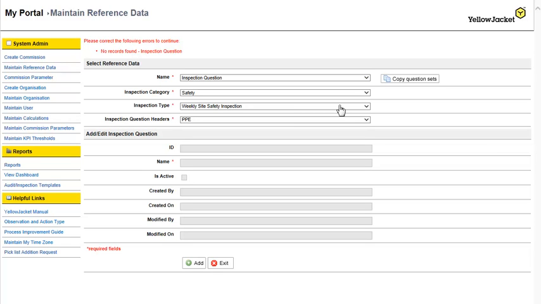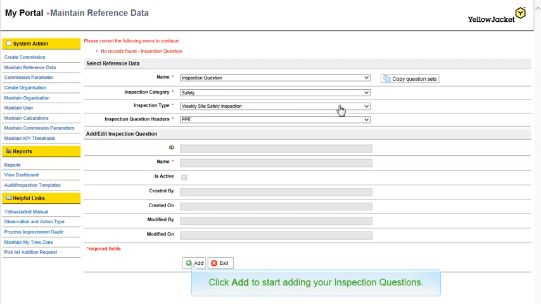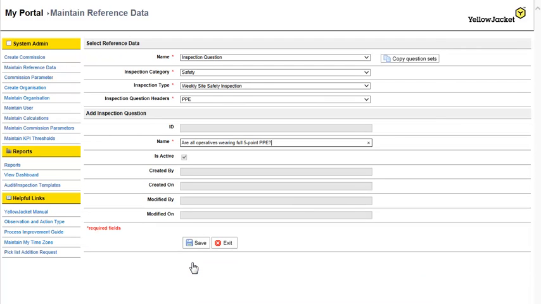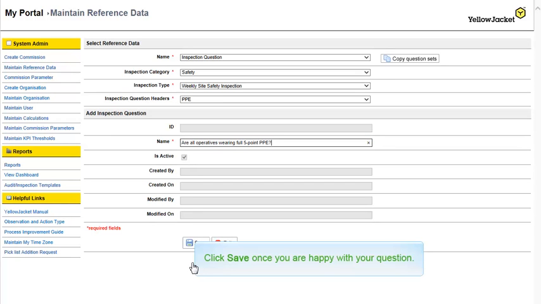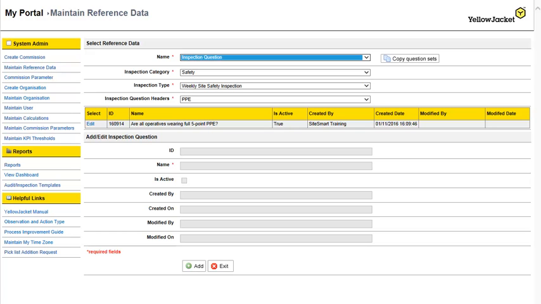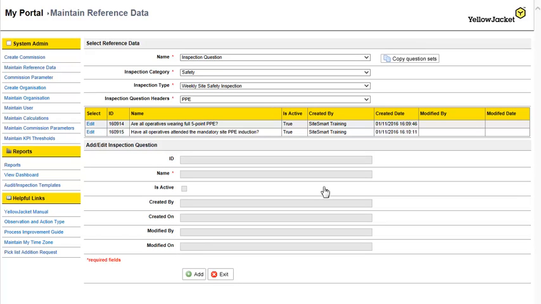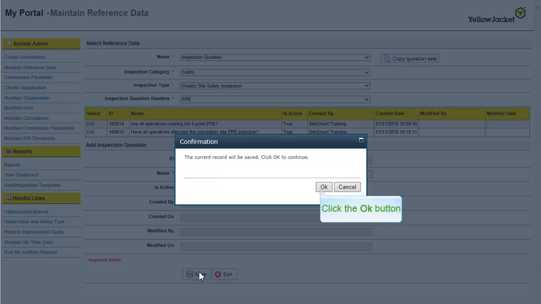So, in the same way as we added our headers, for each question, simply click the Add button and then enter your question. Once you're happy with your question, click Save and click OK. I can continue to add more questions by clicking on the Add button, entering the question, and clicking Save here,